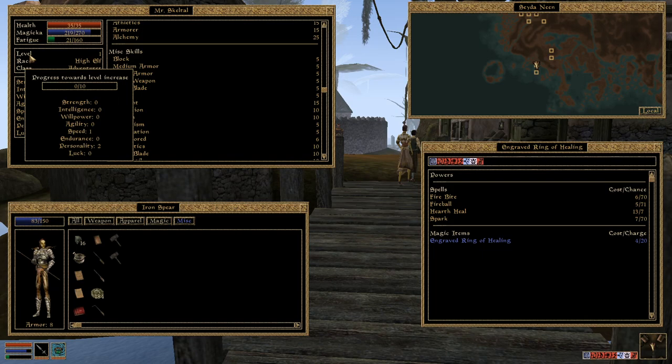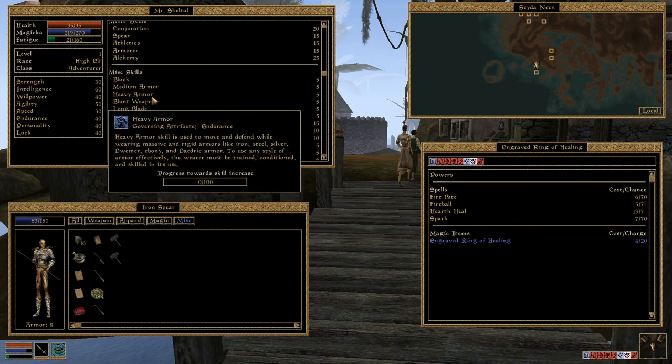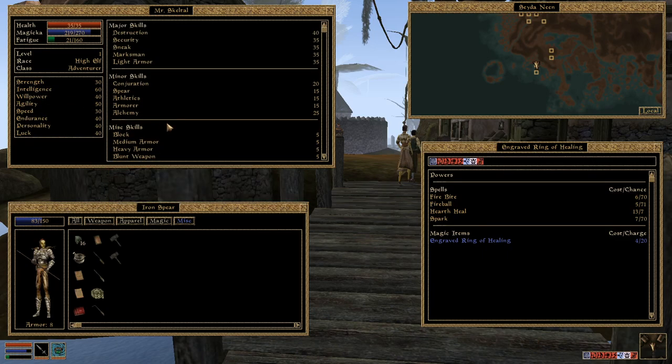Now, for level, notice progress towards next level 0 out of 10, but speed and personality, they're going to have multipliers of +2 and +1. Because, you know, miscellaneous skills, they don't contribute